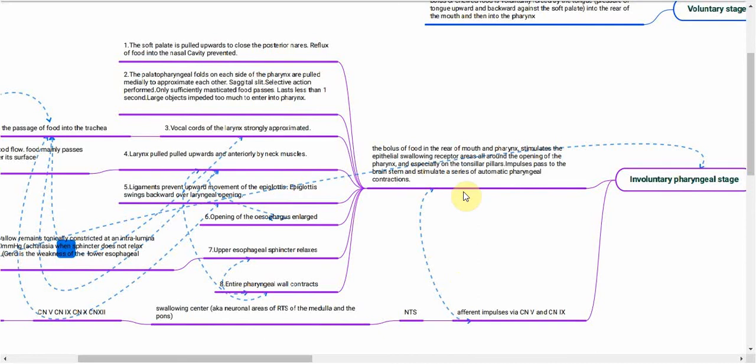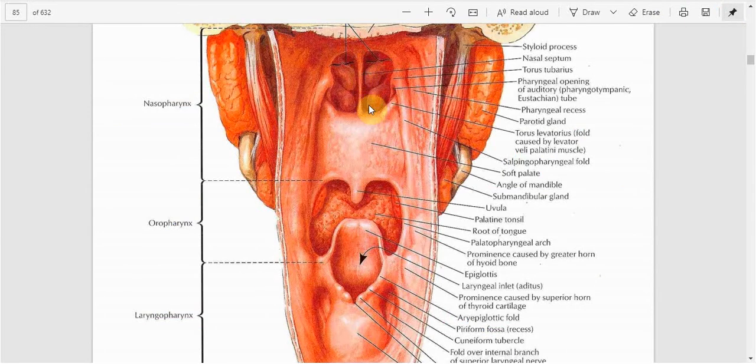Right. So the soft palate is pulled upwards to close the posterior nares. And what is the purpose of this? We don't want any of the food to reflux into the nasal cavity. That is why the soft palate is pulled upwards and the posterior nares are closed. In this image, we can see the posterior nares,